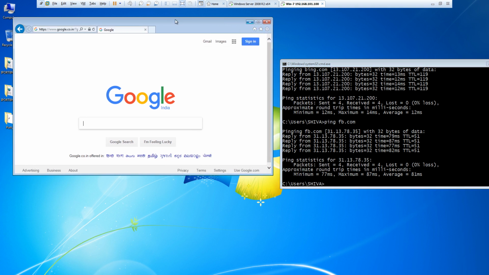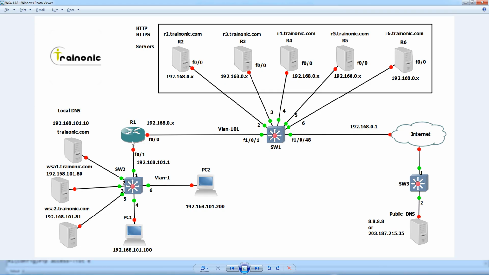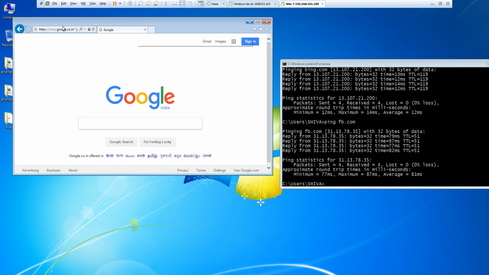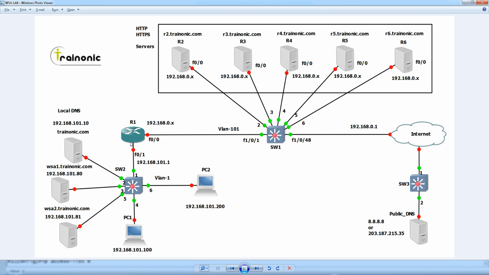Yes, you can see here our PC1 is also able to communicate with the internet. Again, this is AD, it is successfully able to communicate with the internet. PC1 is successfully able to communicate with the internet.